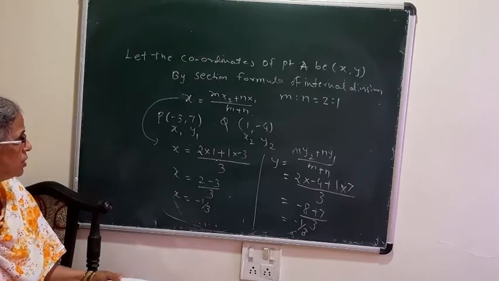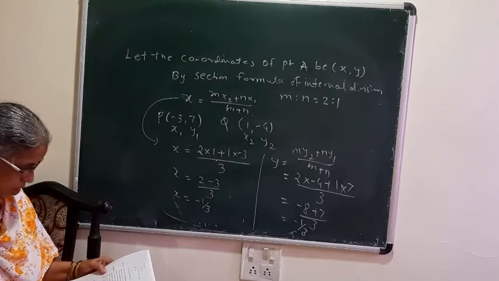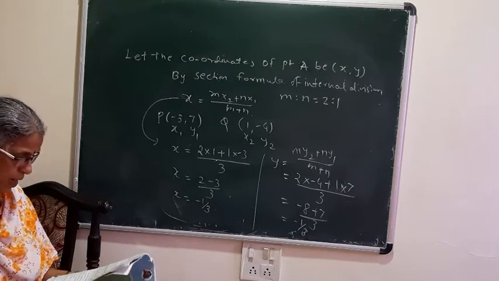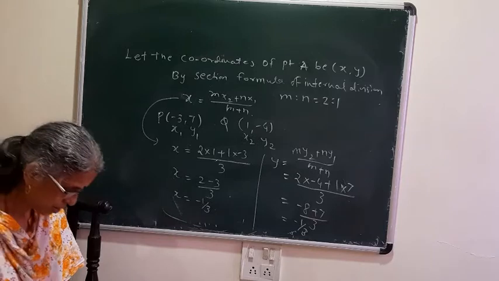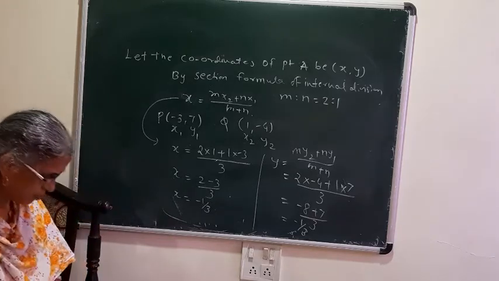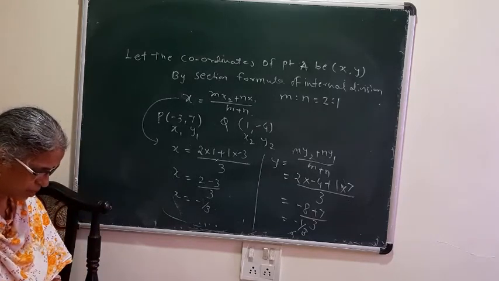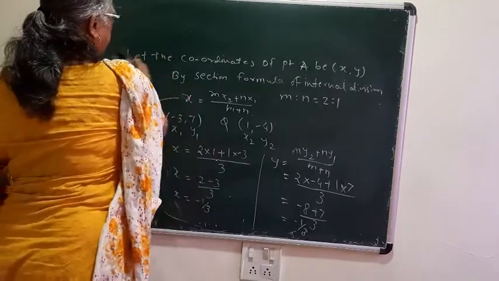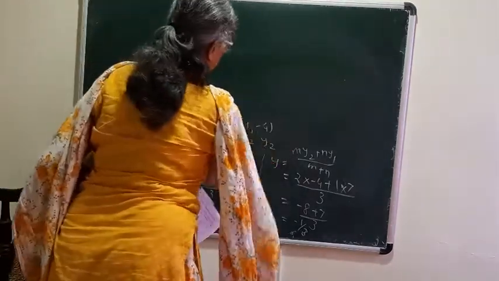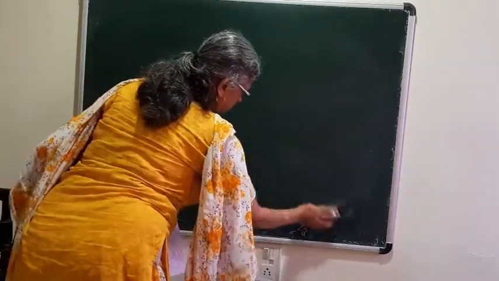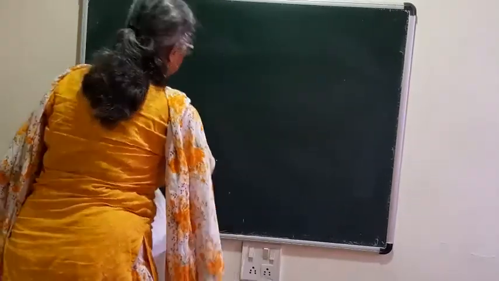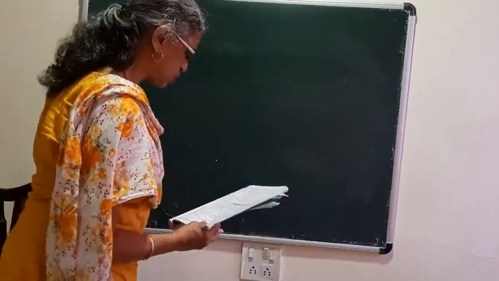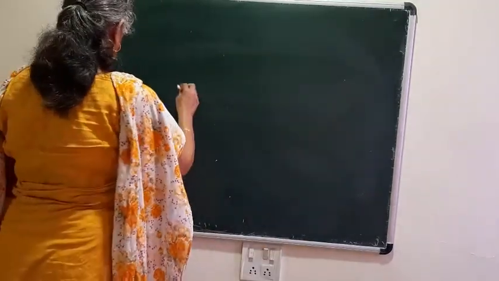Alright. Then you are going to solve the third sum. Find the ratio in which P, minus 1, 6 divides the line segment joining the points P, minus 3, 10 and Q, 6, minus 8. So this is a somewhat different sum. So I will show it on the board. Now instead of asking for the coordinates of the point of intersection, they have asked for the ratio m is to n. So I will draw the figure.